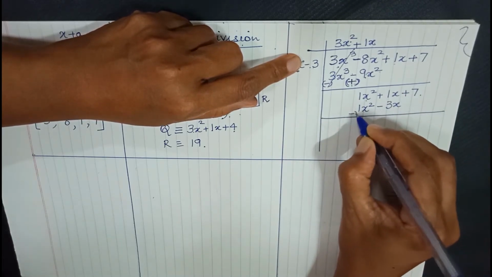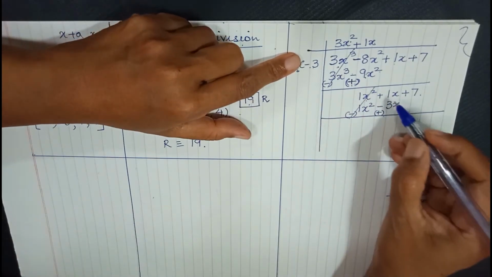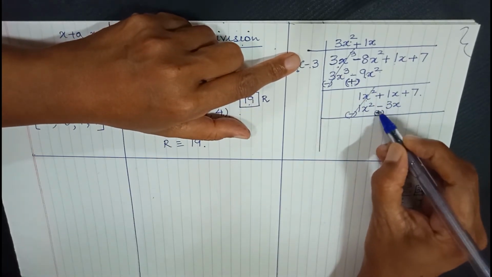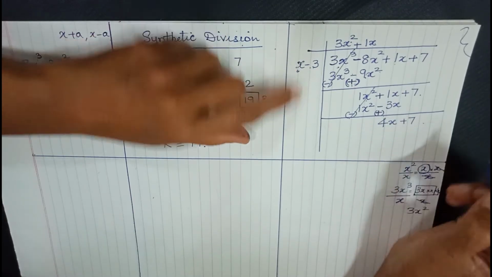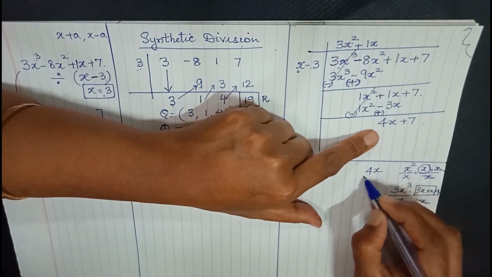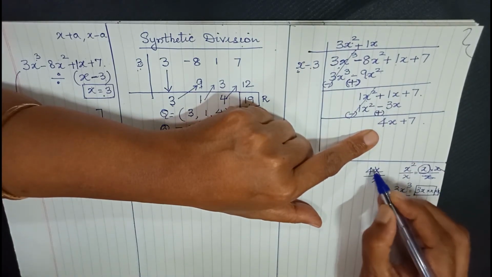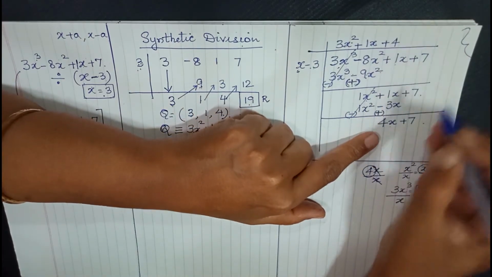Again we change the sign. So this gets cancelled. This is plus 1 and plus 3. So it gets added up to give you 4x. Now, we want 4x from x. So again, x gets cancelled. What remains is only 4. So we multiply this with 4.